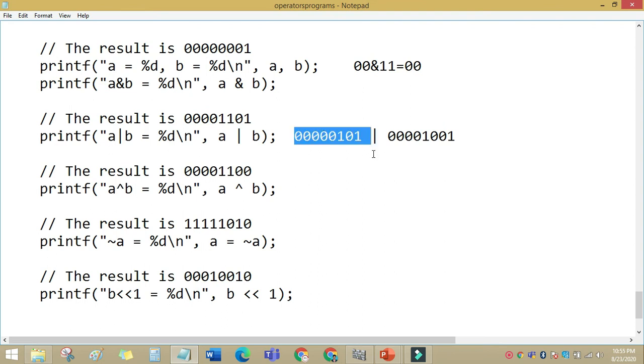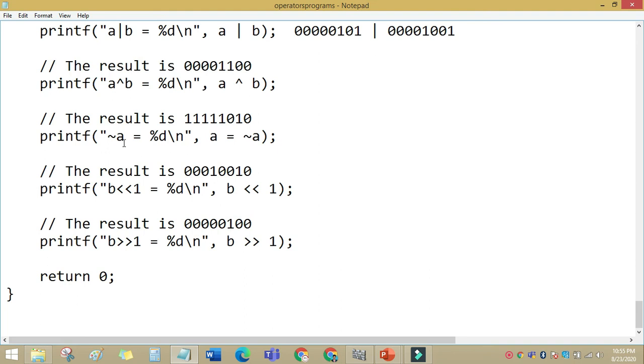And the last, tilde, means negation, the reverse value of the corresponding bits. If the value is 0 it converts to 1, and 1 converts to 0. The final result will be the reverse at the corresponding position. That is the tilde symbol.